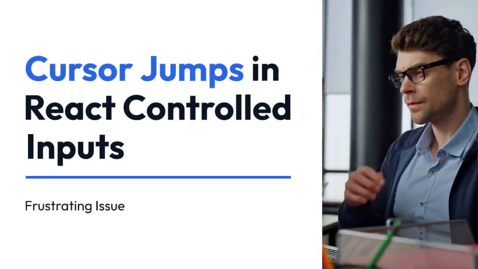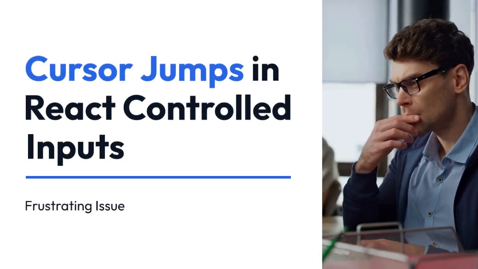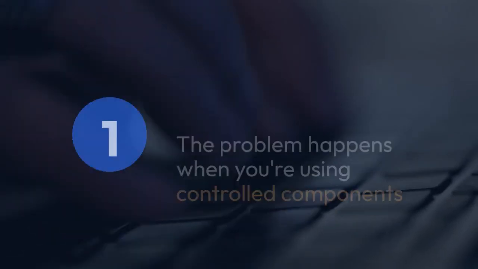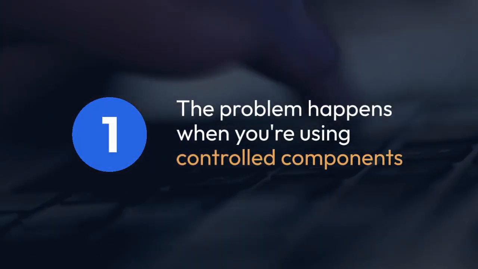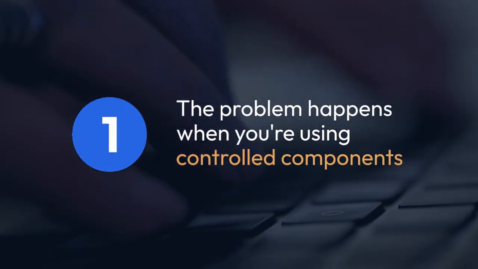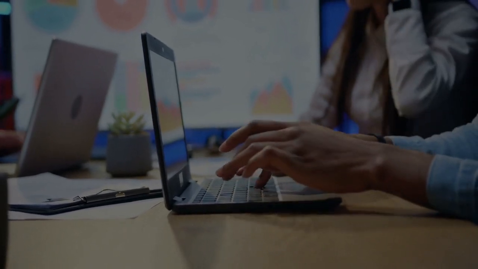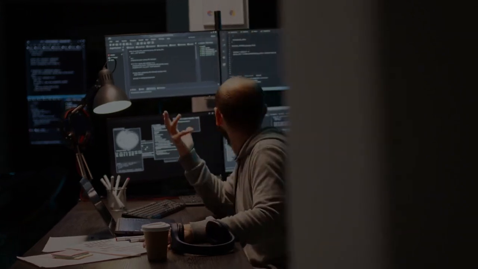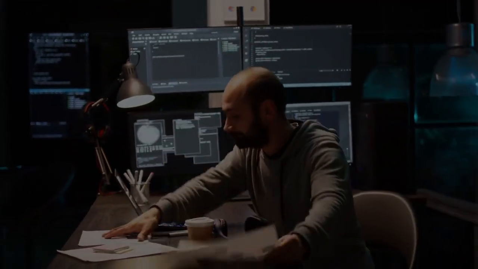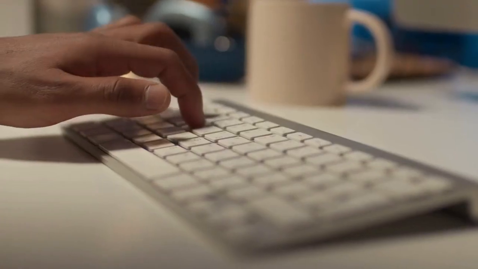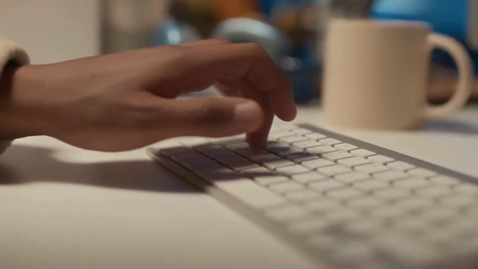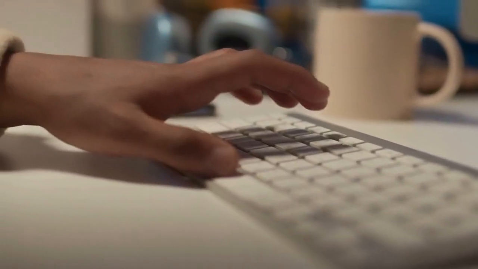We're diving into the frustrating issue of cursor jumps in React-controlled inputs. 1. The problem happens when you're using controlled components, meaning the input's value is managed entirely by React state. You type something, React updates the state, and then re-renders the component. Sometimes, this re-render causes the cursor to unexpectedly jump to the beginning or end of the input field, disrupting the